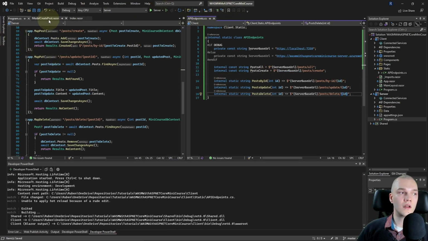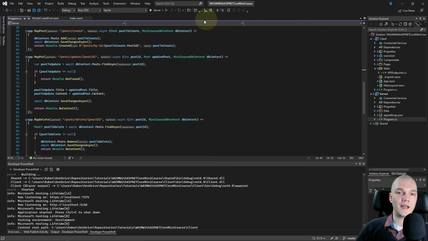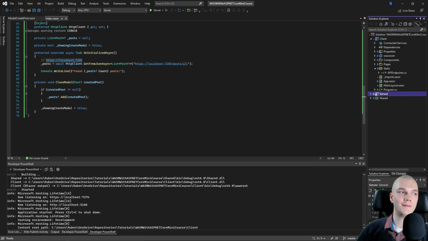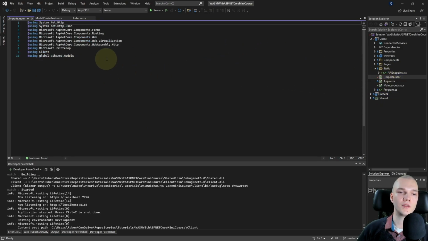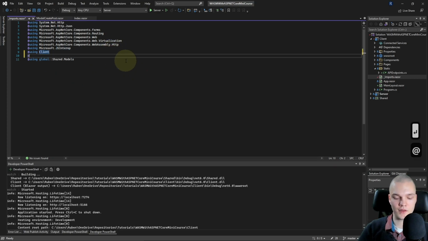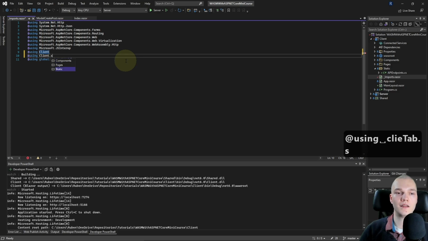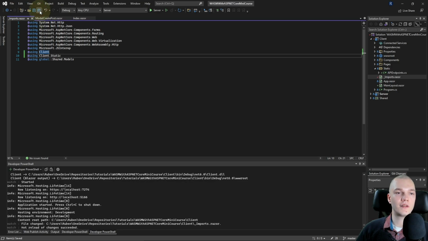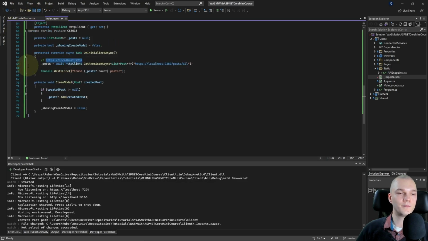So I'll close API endpoints and program, and I'll just tuck the server back in, and I'll open imports.razor, and below client I'm gonna do add using client.static, so that's available to all our components. So save everything, close that.